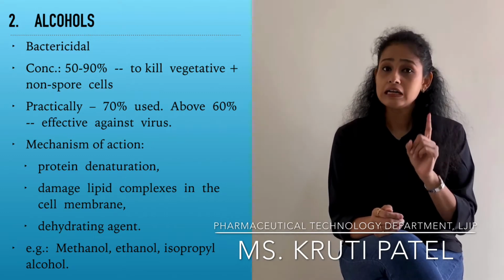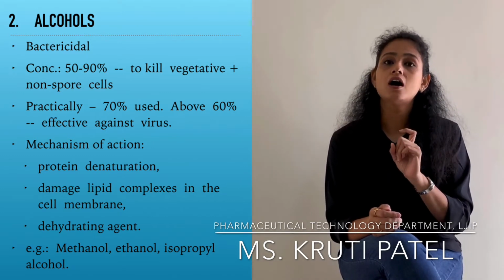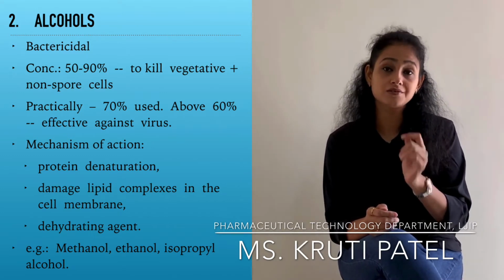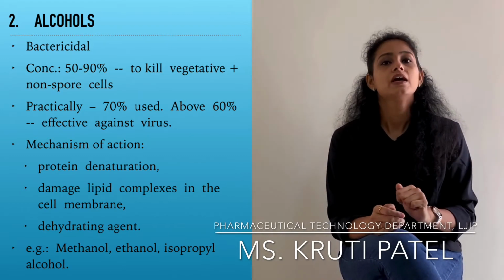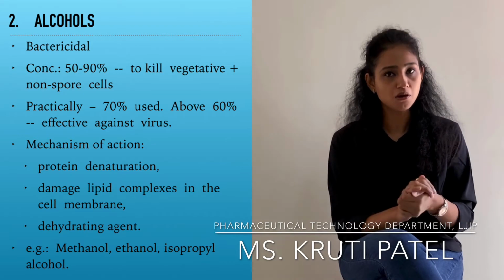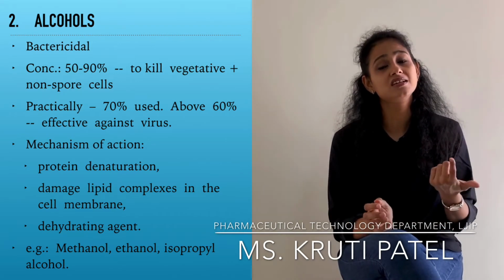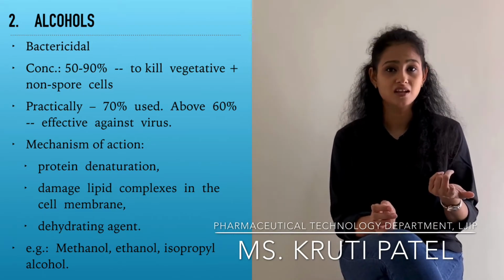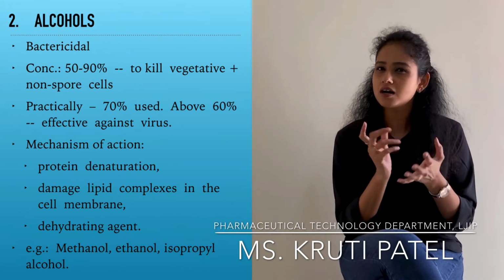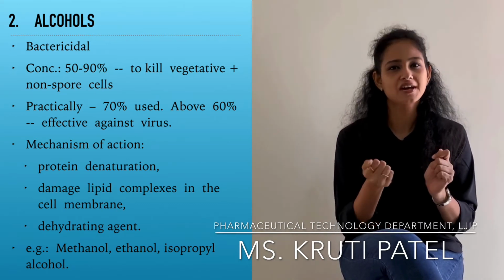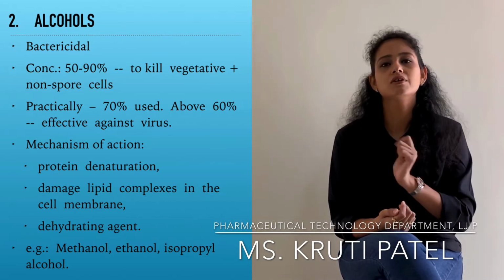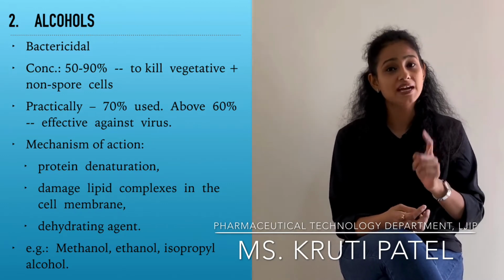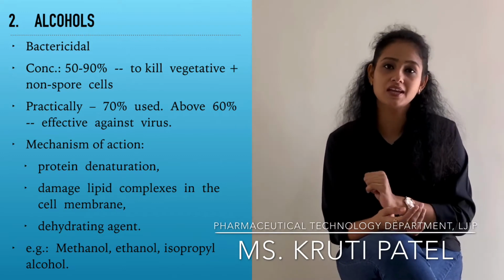Because alcohol has one very interesting characteristic, and that is dehydration. What happens when you apply alcohol on your hands? It has a tendency to dehydrate cells. That's why we feel a somewhat cooling sensation in our hands, because it is evaporating water and that gives us the cooling sensation. Okay, so it has a tendency of dehydrating any cell.